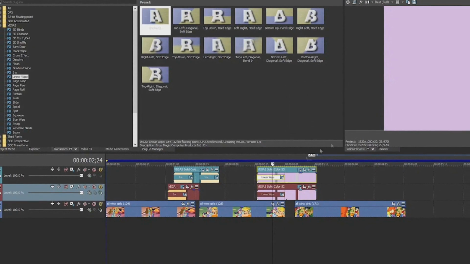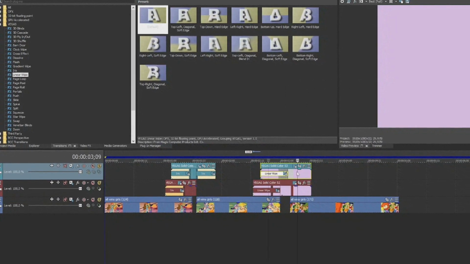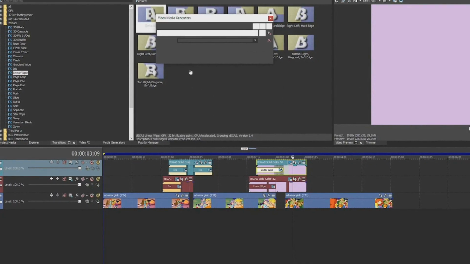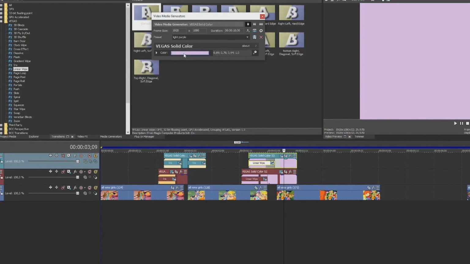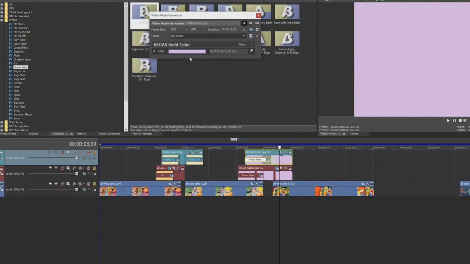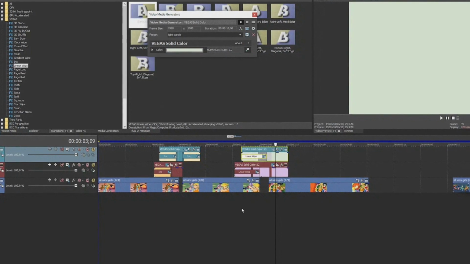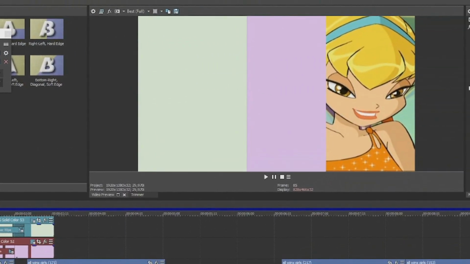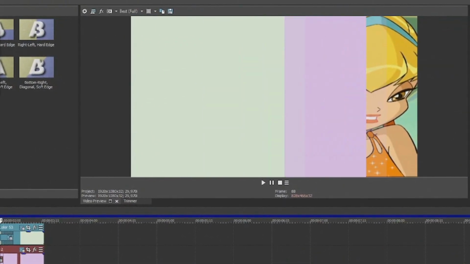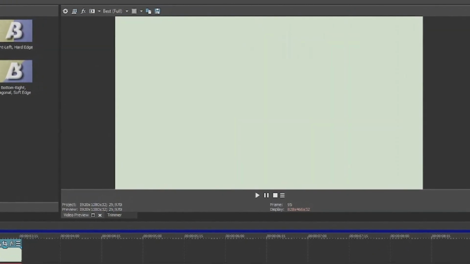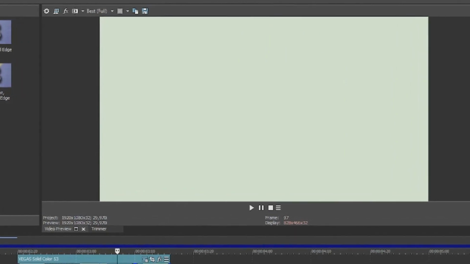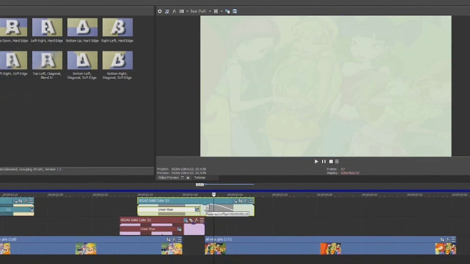So we're going to be fancy. We're going to create a new solid color. We're going to change it. We're going to use the same fade in. We're not going to change that. We're going to change the color, and as you can see, we have a liner wipe, which is one of my personal favorites. Not gonna lie, I love it. And add a fade out